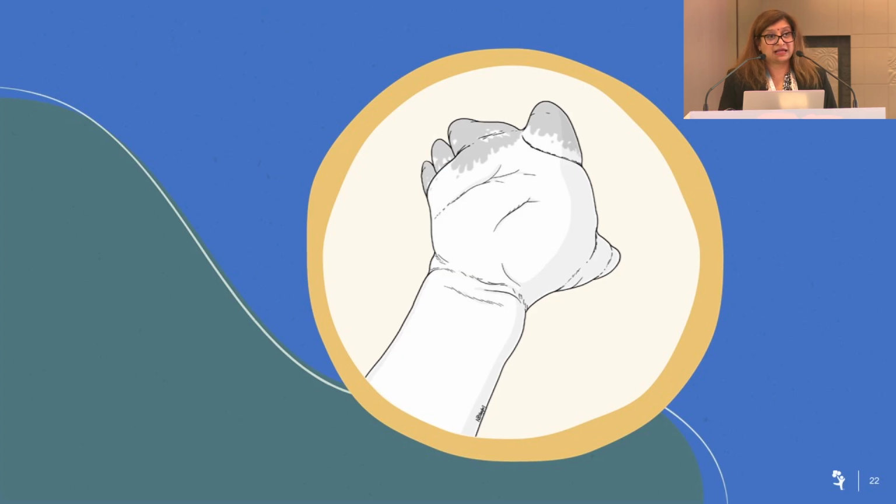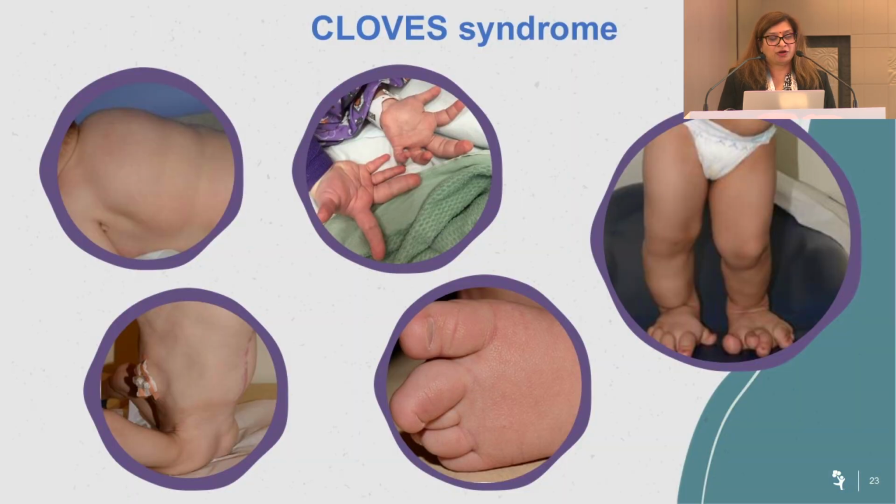So let's take a CLOVES patient for a second, because CLOVES patients are something that we all have seen, and they're very unique because they do have a genetic basis. It's not necessarily a germline mutation, it's a somatic mutation with mosaicism. That's why when you see these patients, there are many different areas of tissue affected with overgrowth and varying presentations. What you have here are some images of the fatty overgrowth. You'll see those fingers look a lot bigger than the other ones. This is all an overgrowth syndrome. The legs as well and the hands.